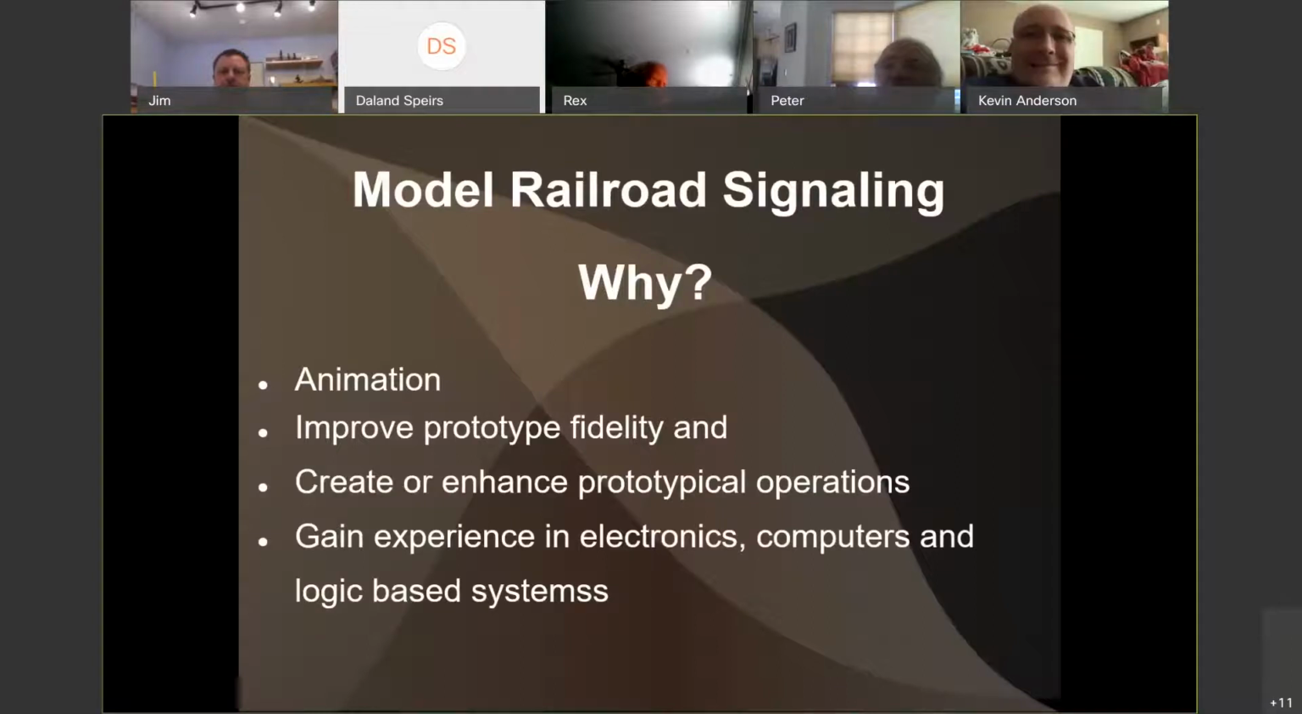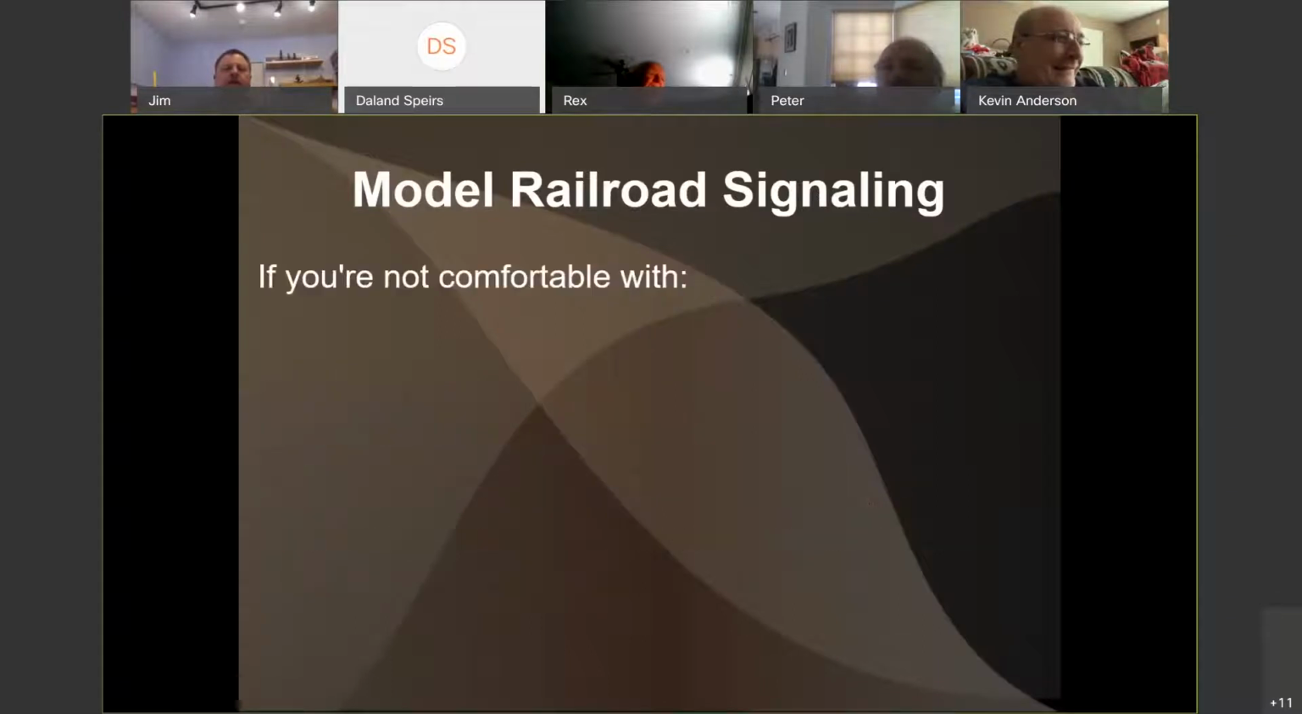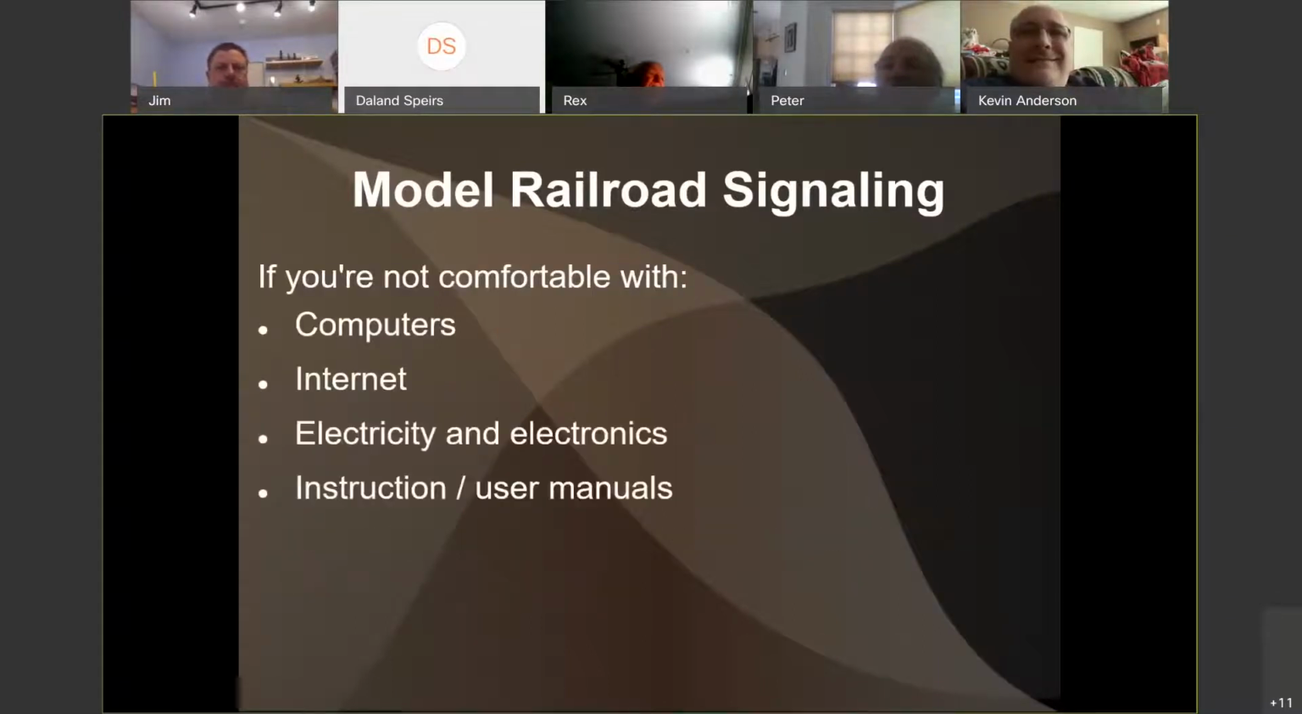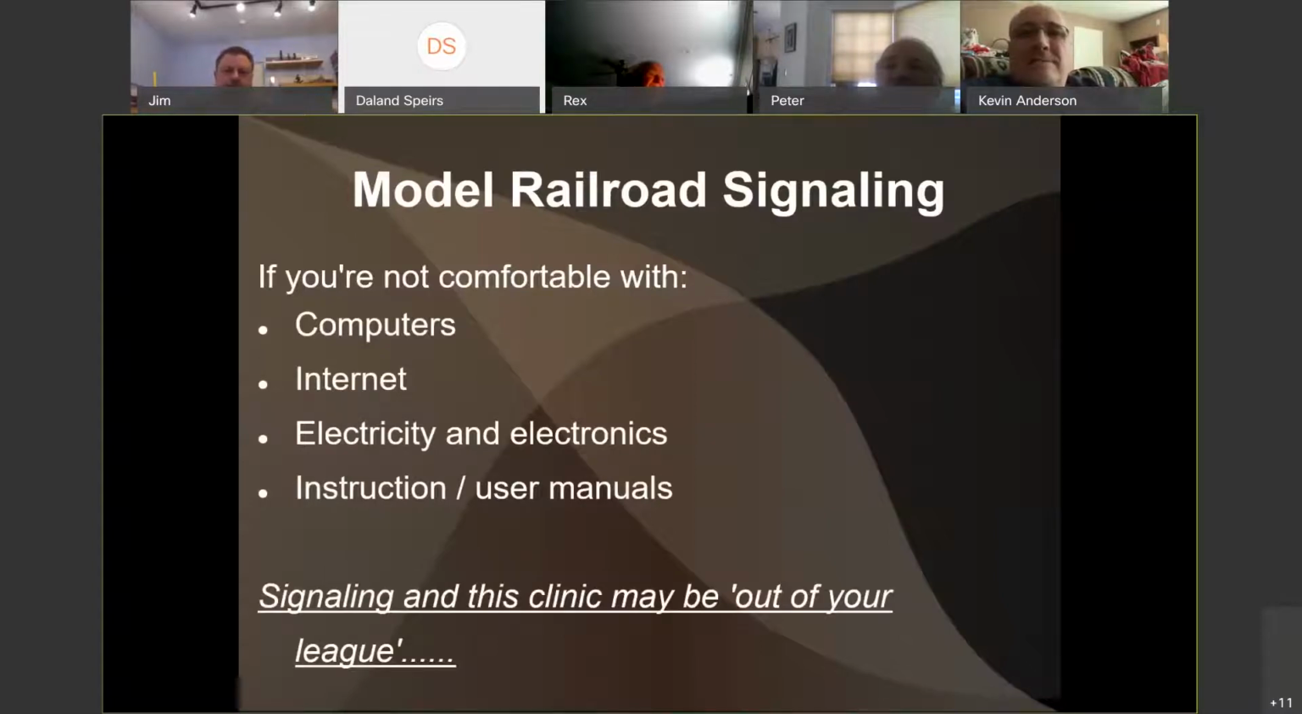You do gain a lot of experience in electronics, computers, and logic-based systems. So with that said, if you're not comfortable with computers, the internet, electricity, electronics, user manuals, and things like that, this might be a little out of your league. I know it's not for everybody, but I'll try to make it as simplistic as I can, and hopefully